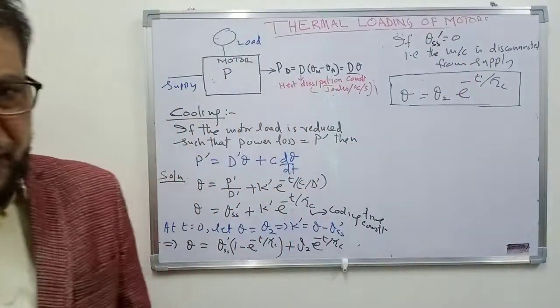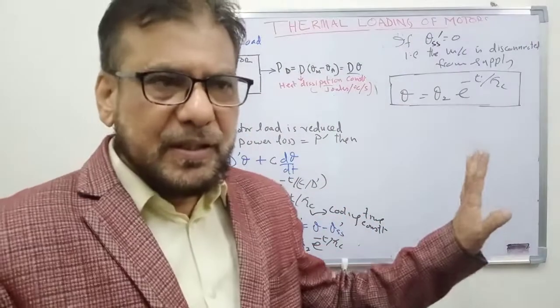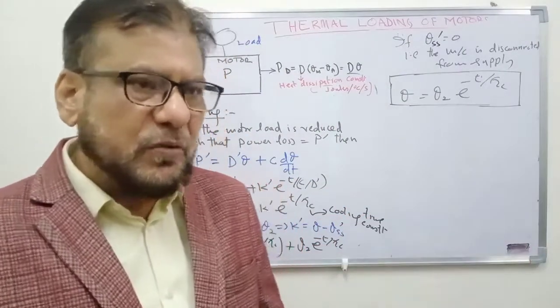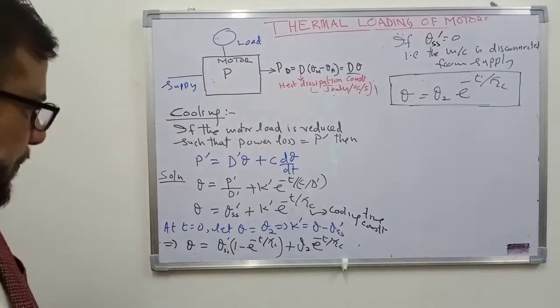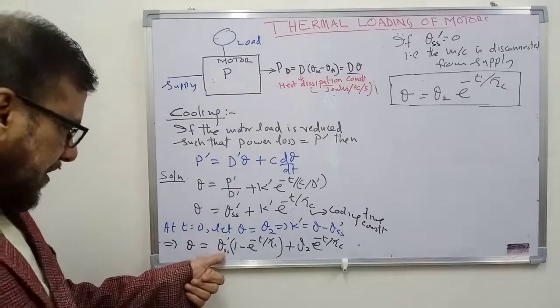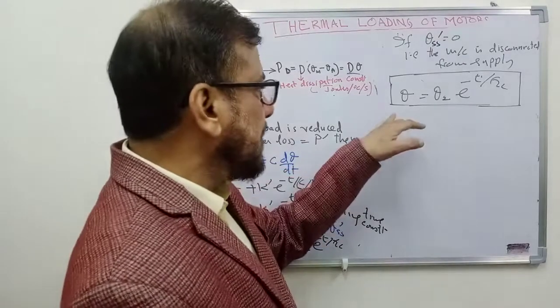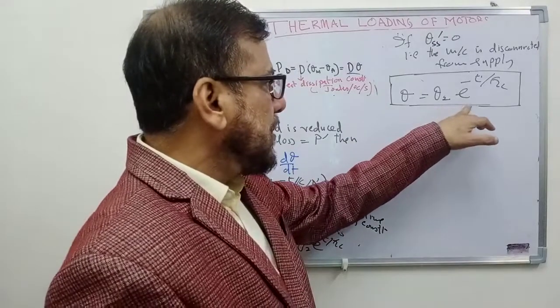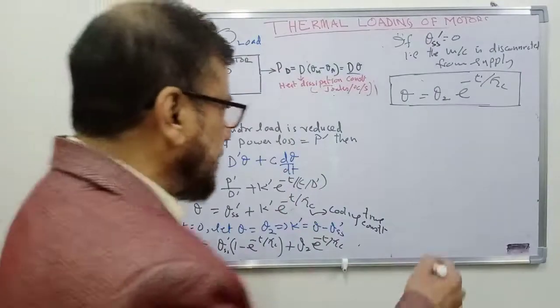Now if theta SS dash is equal to 0, and this will happen when the motor is disconnected from supply, that is power loss is equal to 0, or you can say that P dash is equal to 0. In that case, theta SS dash will be equal to 0, and the equation simplifies to this form: theta equal to theta 2 e to the power minus T upon tau C. So you can plot